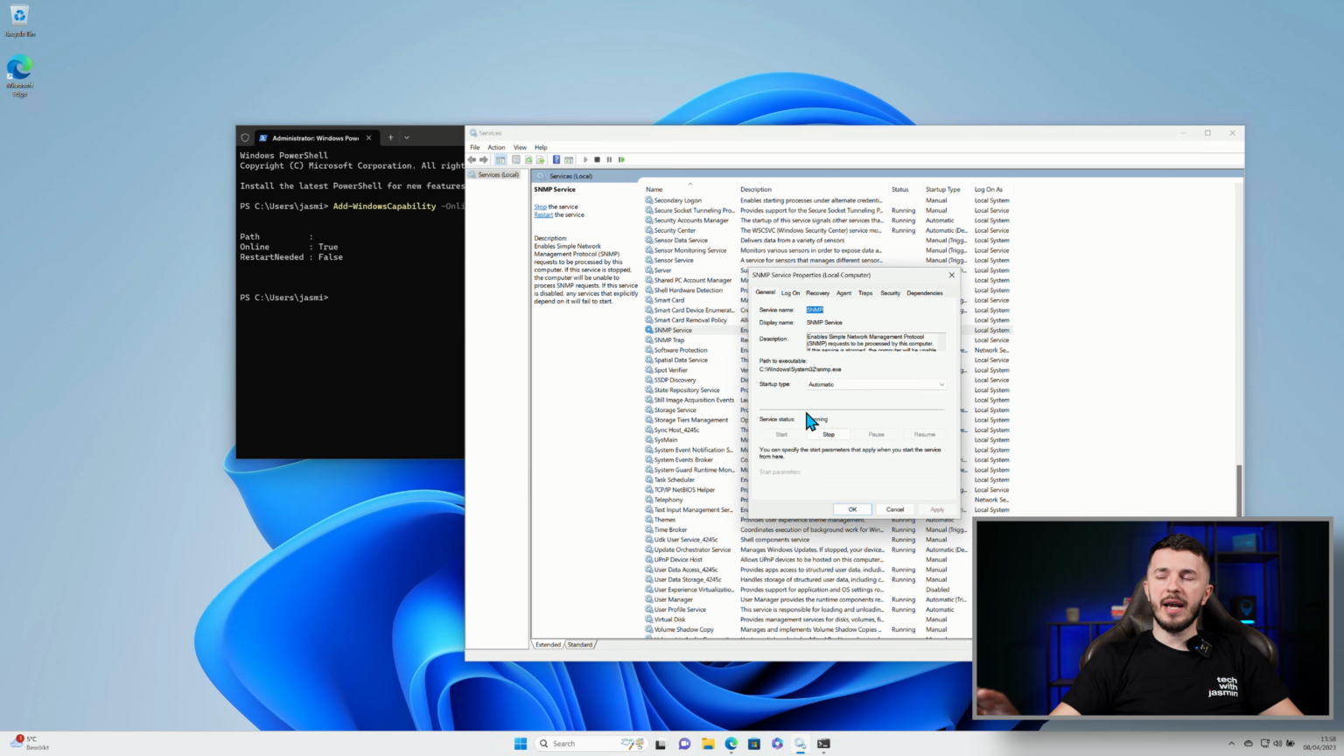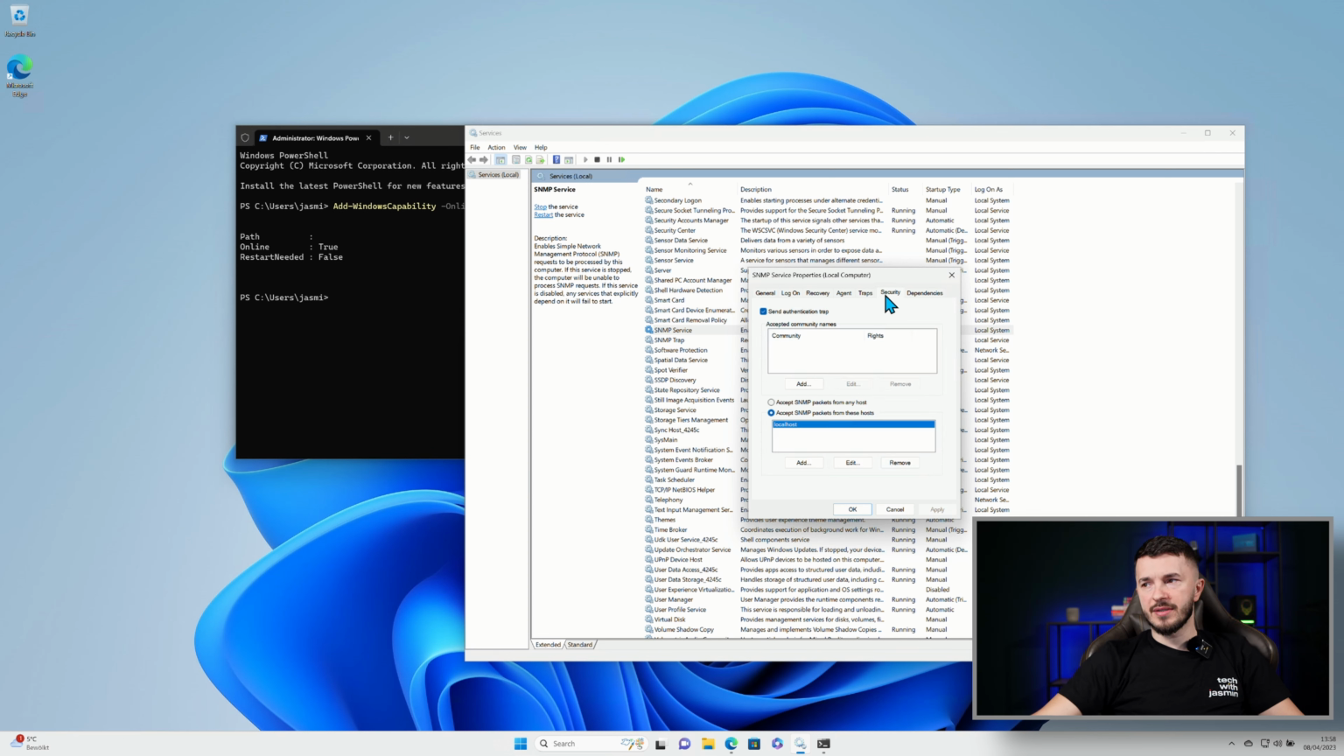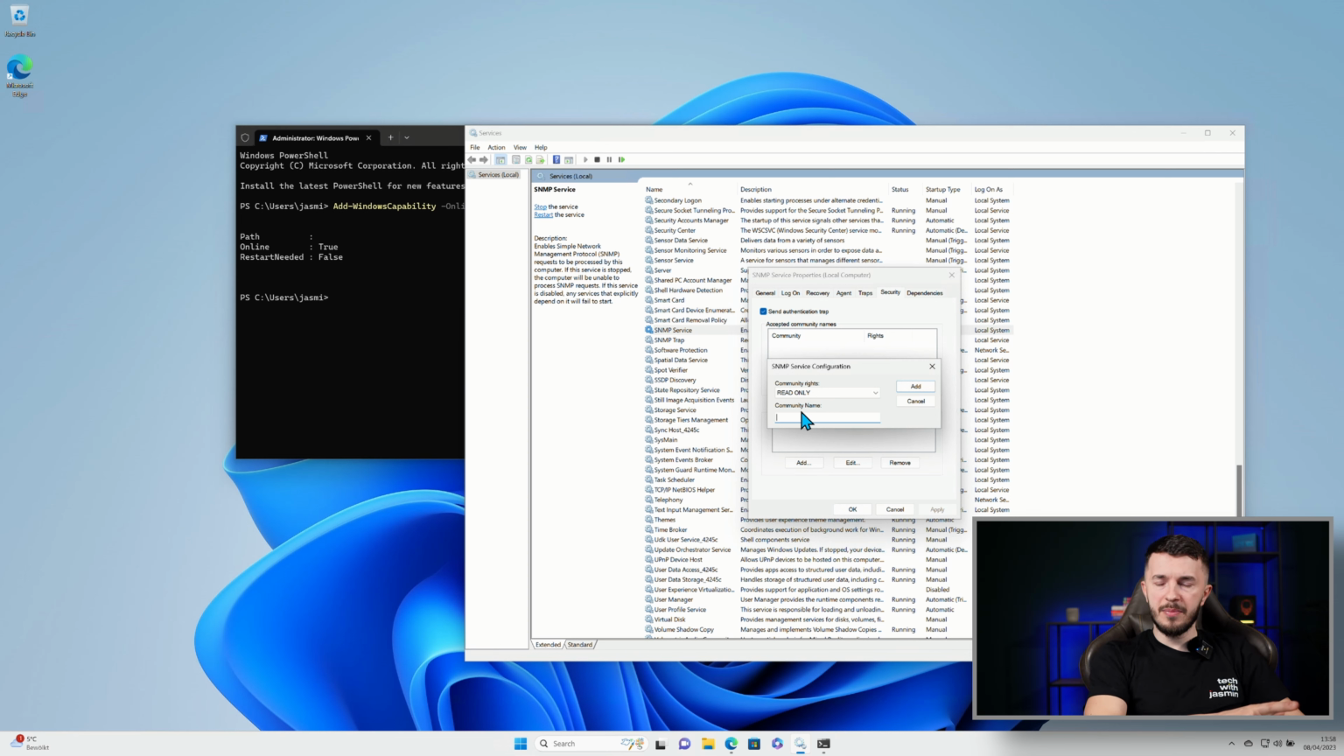What I can do here, I need to double click on SNMP service and then I go to security and then I need to specify the community string. The community string is a pre-shared key, some kind of the key that's exchanged between monitoring endpoint, which in this case is Windows 11, and the network monitoring product, for example PRTG. And then I will add a community name, which is called, let's say, public. This is the default one, but you can use a different one,